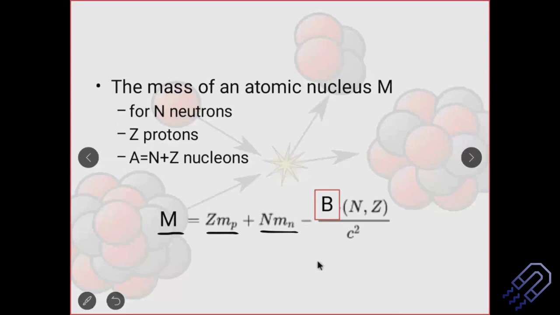So whenever you have any doubt, just look into the dimensions. I usually do that. I may also make some mistake in the slide, so do correct me if there is any mistake or if you don't understand something. But right now I think this is simple. Whenever I write binding energy by c squared, I'm considering mass units. This is something you saw yesterday. We have already solved a problem on this.